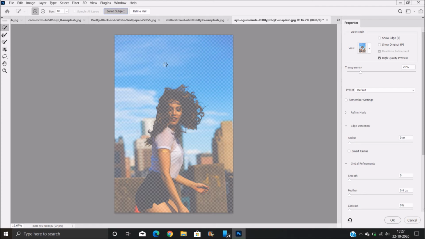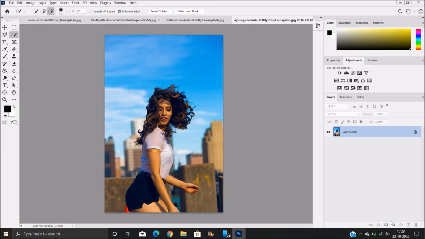Now click on Select Subject here. See, in just one click how beautifully it has refined the edges of hair and body. So it is massively improved, I must say.